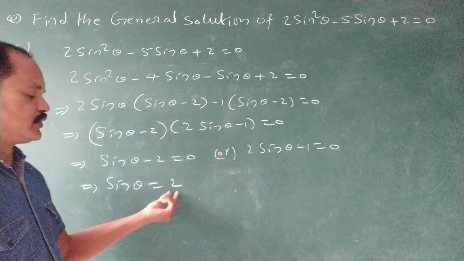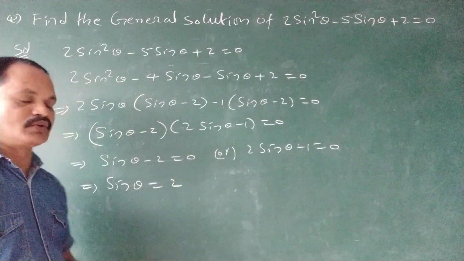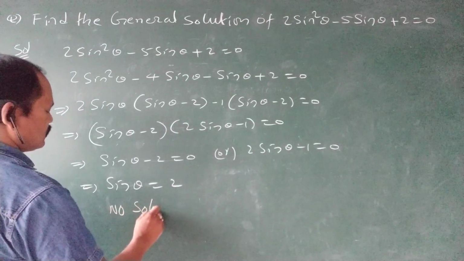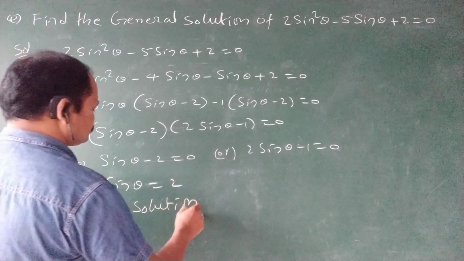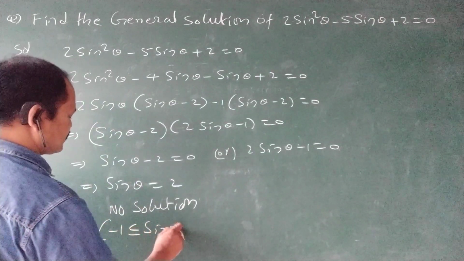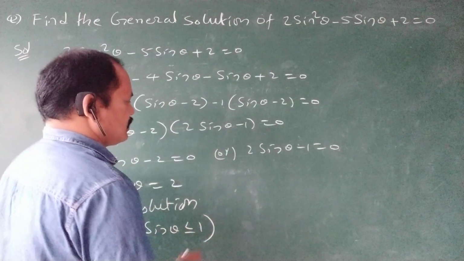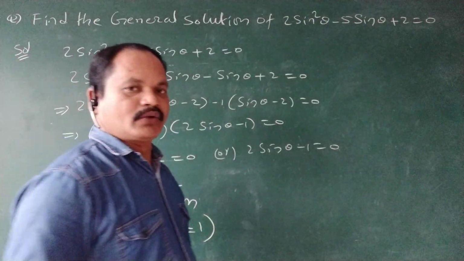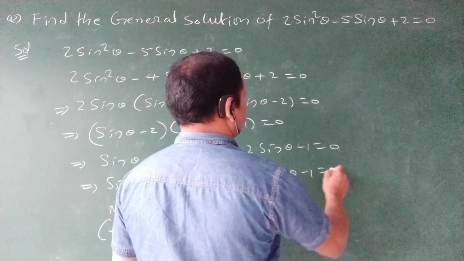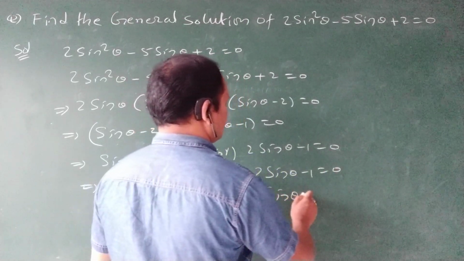That's why 2 does not exist as a solution. So no solution for this one. The reason is minus 1 is less than or equal to sin theta less than or equal to 1. Now for this one, we have 2 sin theta minus 1 is equal to 0. Now sin theta minus